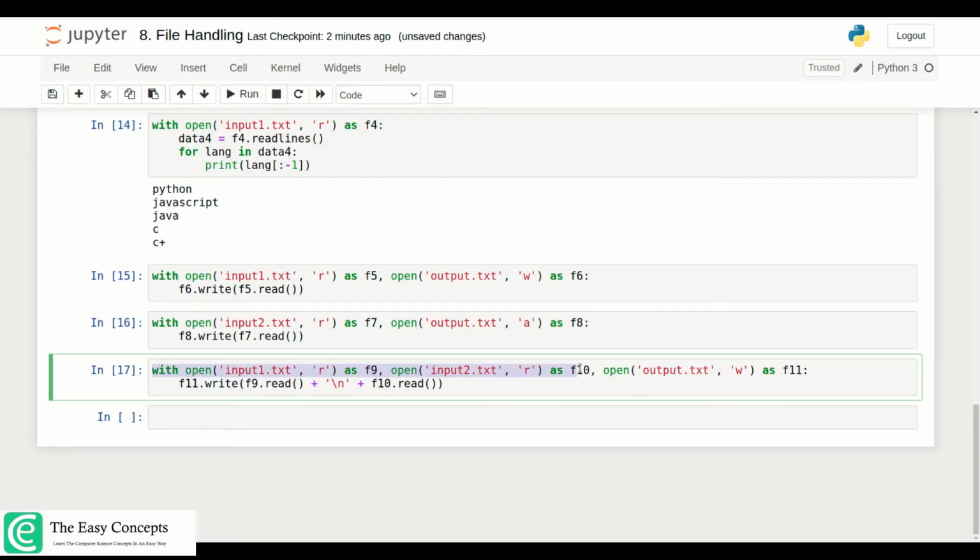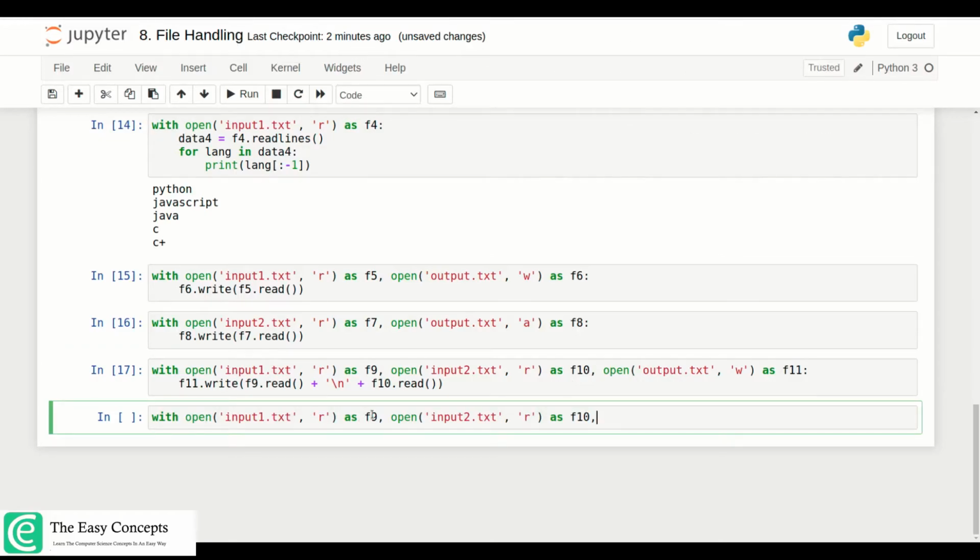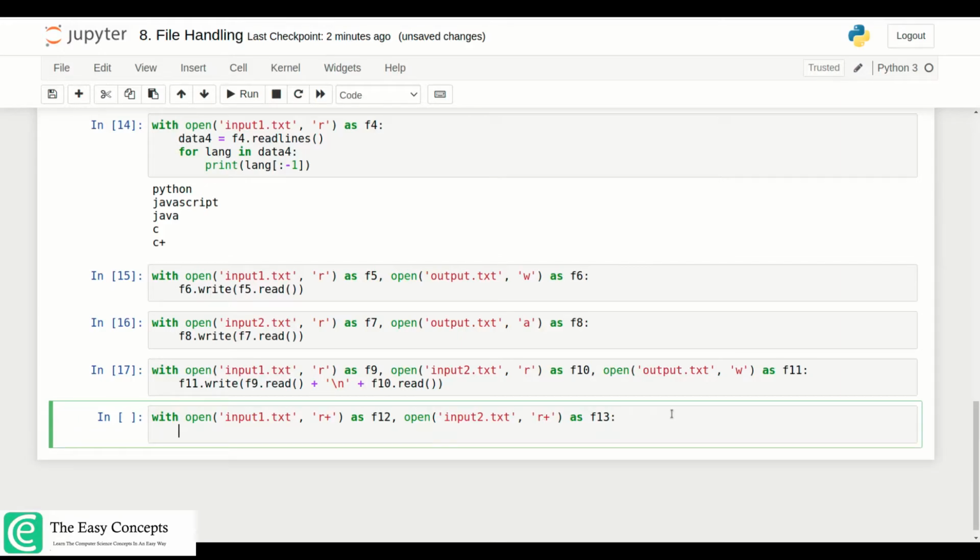copy it from here. So make it F12, make it F13, and we'll be opening this file in read and write mode. So I will make it r+. Similarly, make it r+. Now what we have to do, F12.read and make it content1.